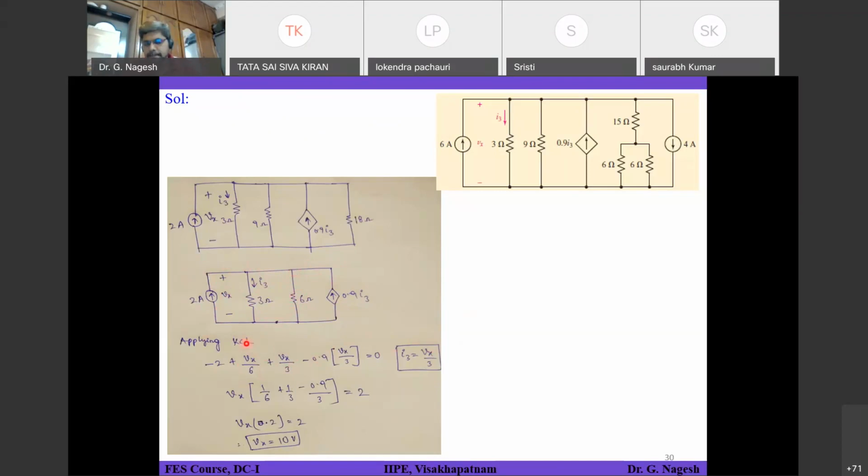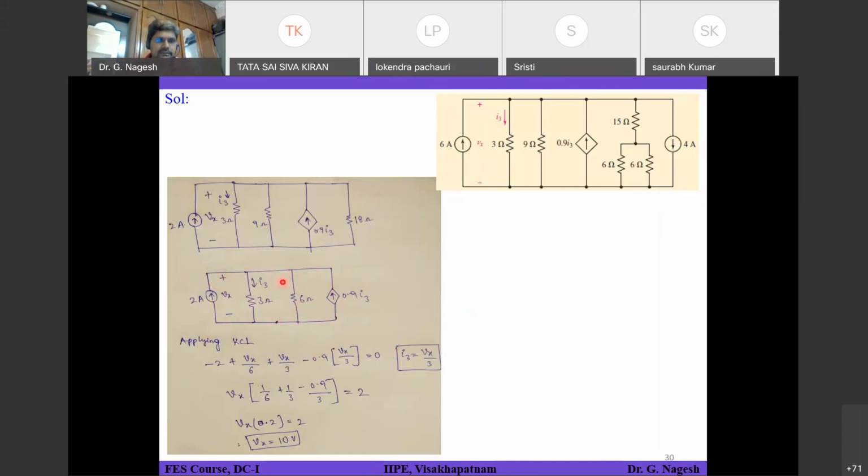Sir, in the 6 ohm resistance, is the current flowing downward? The current flowing downward is Vx divided by 6, because this polarity says this is plus. Plus indicates this is at a higher potential and this is minus, that means this indicates a lower potential. Current always flows from higher potential to lower potential, through a wire or through an element. In a source, it may be different. Since it is a passive element, current will flow from positive, higher potential, to lower potential. So the higher potential is this one because it has the plus sign and this has the minus sign.